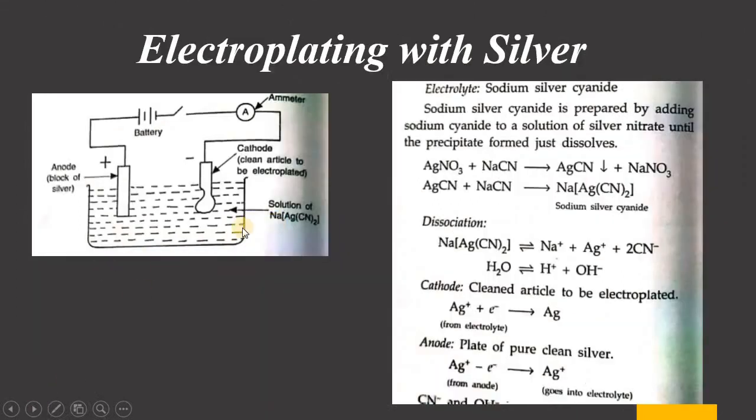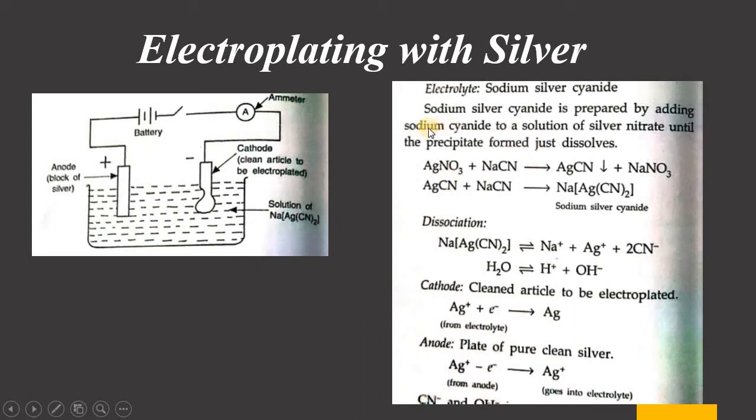So now here the spoon is dried and made the cathode. Here the cleaned article is kept at the cathode. Now the anode is a block of silver. So the electrolyte is now sodium argentocyanide,